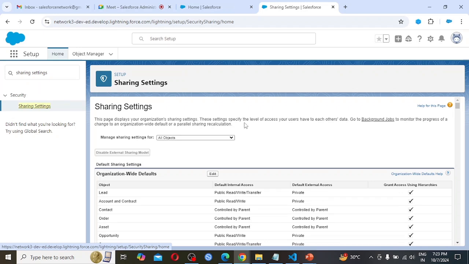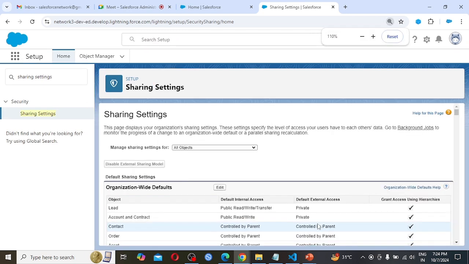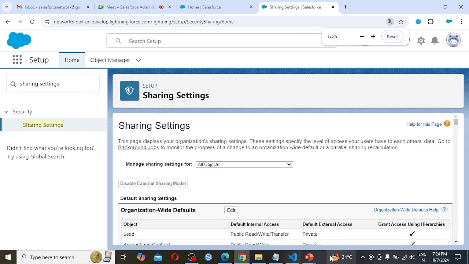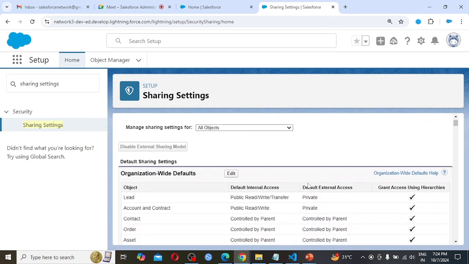These settings specify the level of access your users have on each other's data. So go to background jobs to monitor the progress of a change to an organization-wide default or parallel sharing recalculation. So I am making it a little bit large. So now it is visible.